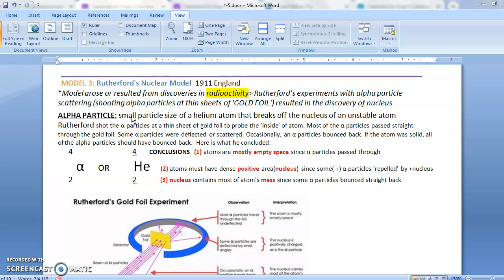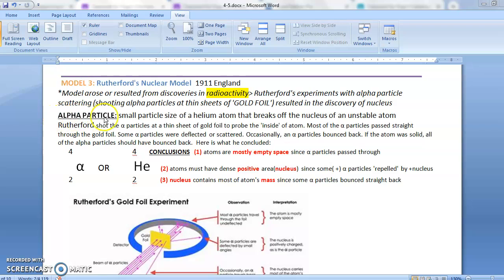How can you tell what's inside an atom? By shooting something at it. Right at this time, at the latter part of the 19th century and in the early part of the 20th century, in the late 1890s and into the early 1900s, scientists were discovering what is now called radioactivity. Radioactivity is the process where atoms spontaneously change into other atoms by having pieces of the nucleus break off for unstable nuclei. So particles were breaking off the atom.